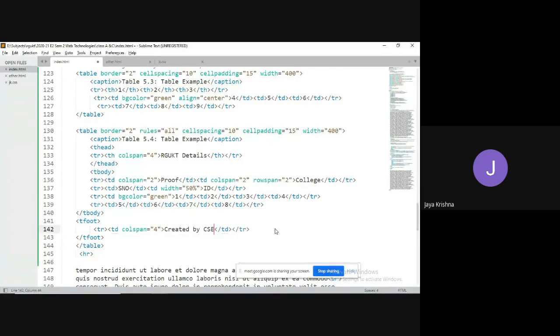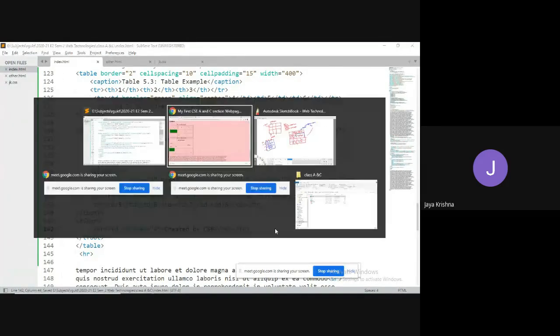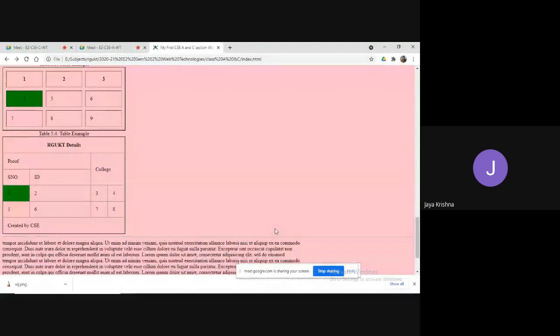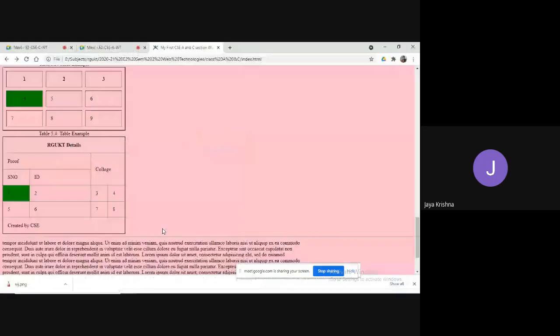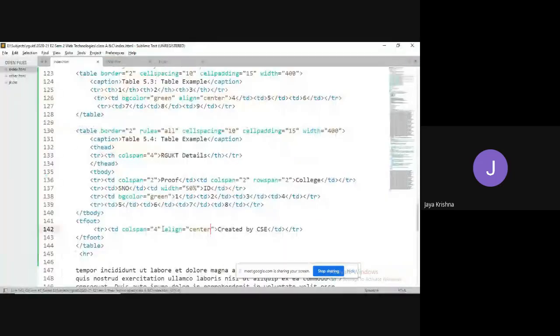Created by CSC. You can observe, is there any output change? No output change. But the thing is, if you would like to group, align equal to, I'm taking center. If you would like to group the data, then I can go for tfoot, tbody, thead.